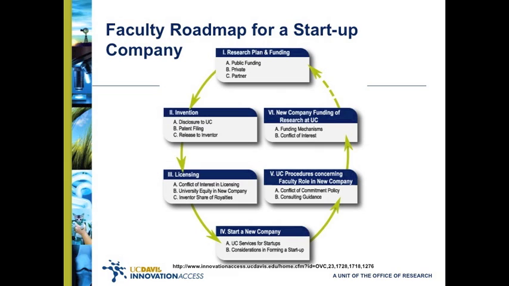This slide shows the first page of that website, and the website is listed at the bottom of the slide. The roadmap provides detailed analysis by clicking to lower levels of greater degrees of detail. All information, ultimately including UC policies, as to what's really required for a university professor to start up a company.